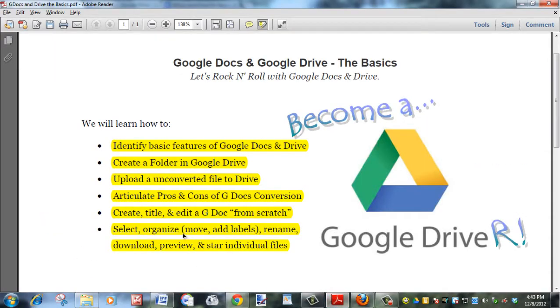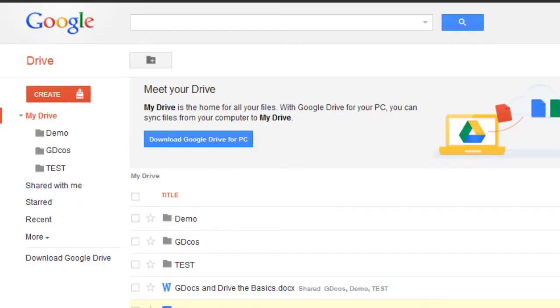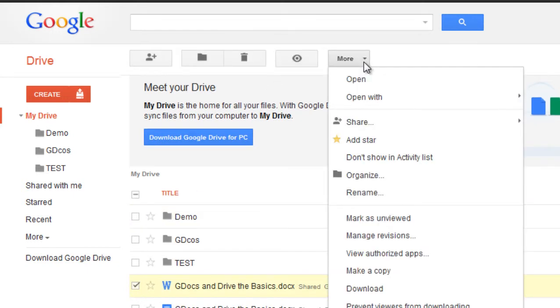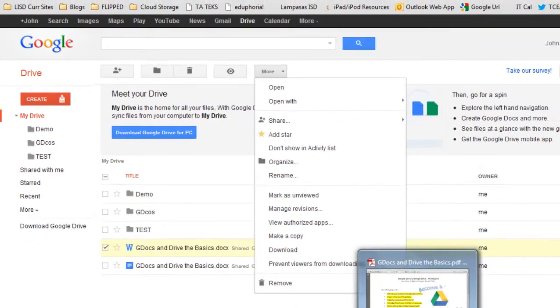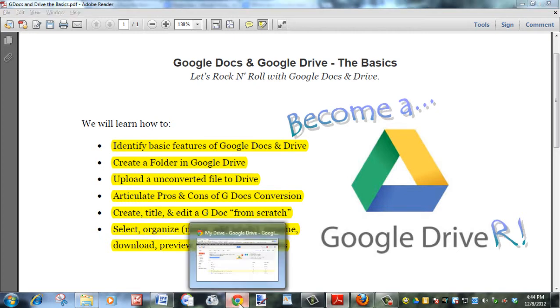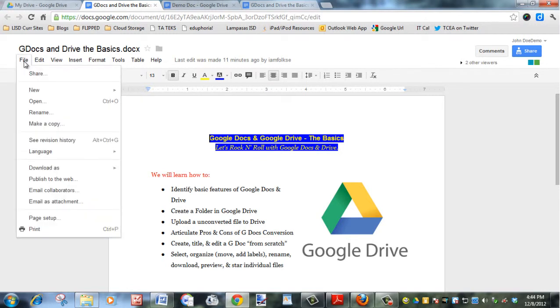Alright, so we have moved, add labels, told you how to download them. You can select the file either within the file and say download as, or you can also from Drive outside of the actual file, you can select it, and then from More, the drop down, you can say download as well. And previewing is the same thing. We're going to go into an actual file, and from the file we can say, depending on what type it is,